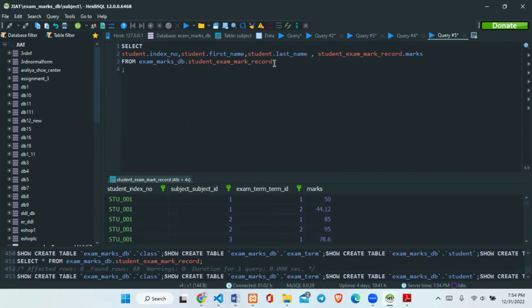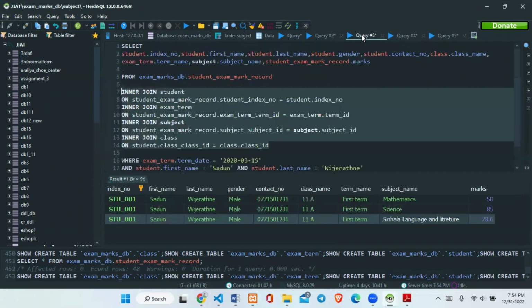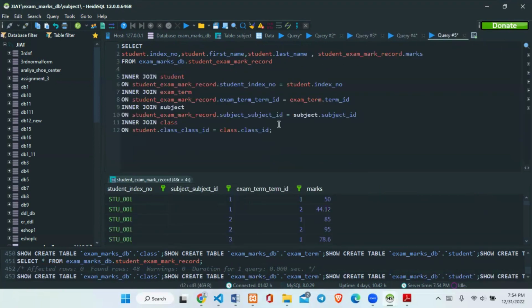So next, I'm going to energize the tables we need to run this query. So for this, I'm going to take the student table, the class table, the exam table, and the subject table. So I'll copy it from one of our previous queries, so it's way easier. So now we have energized the student, exam term, the subject, and the class table. So let's begin to filter this. So we'll be using some subqueries as well for this. So using the where condition, I will